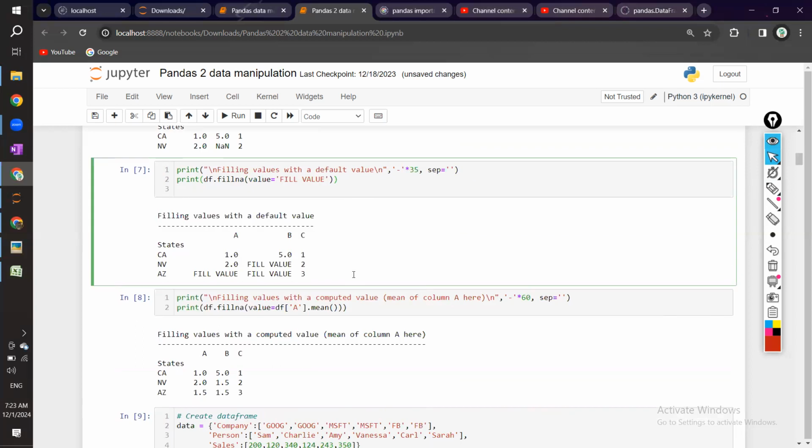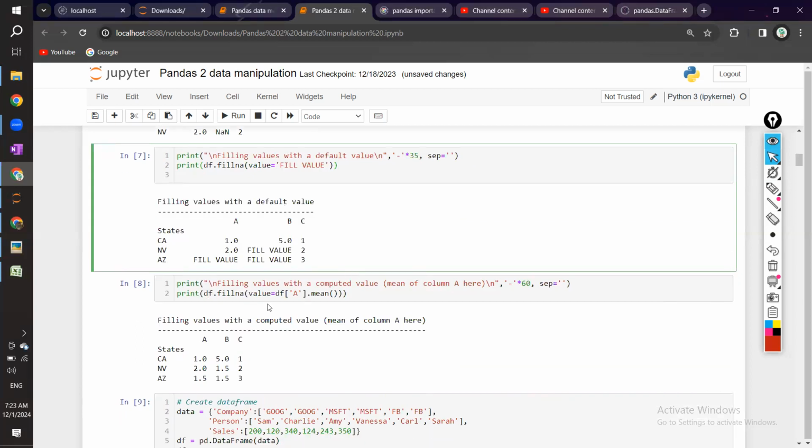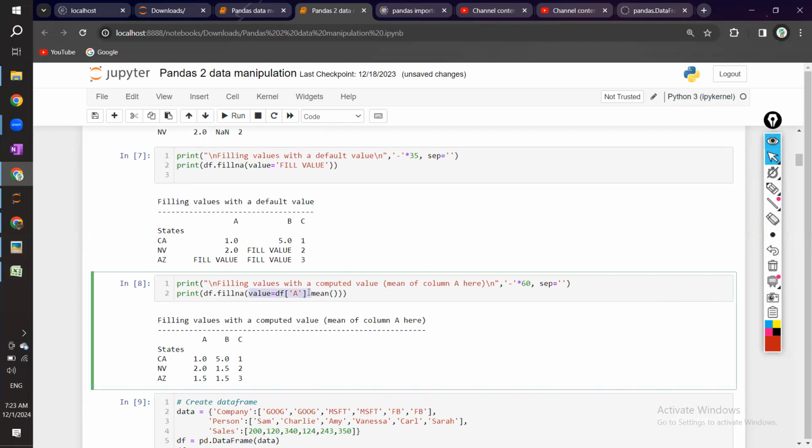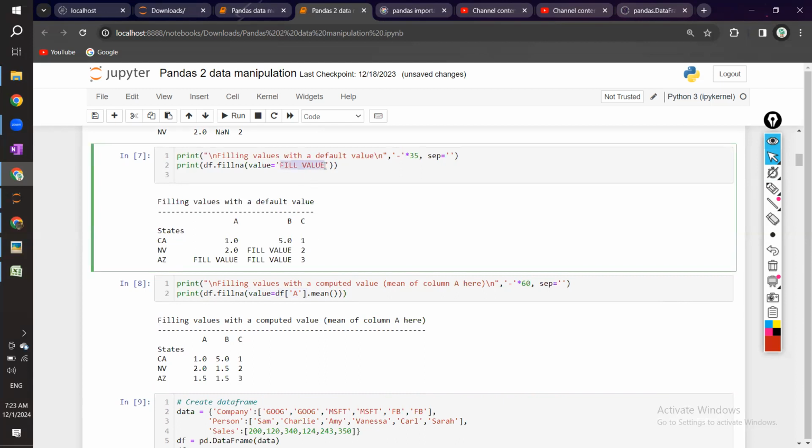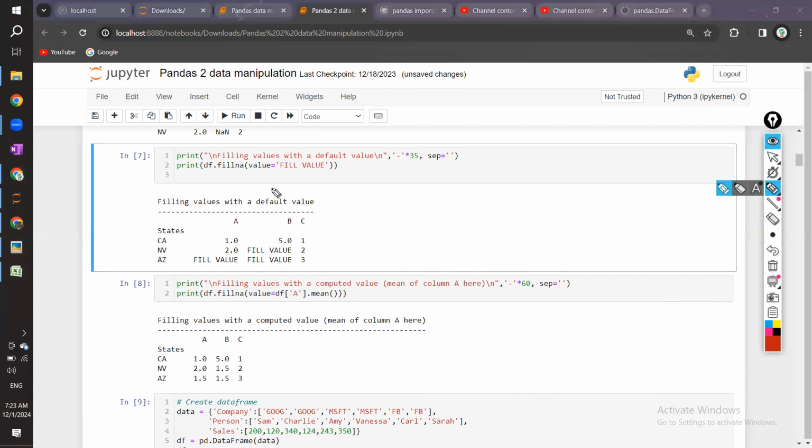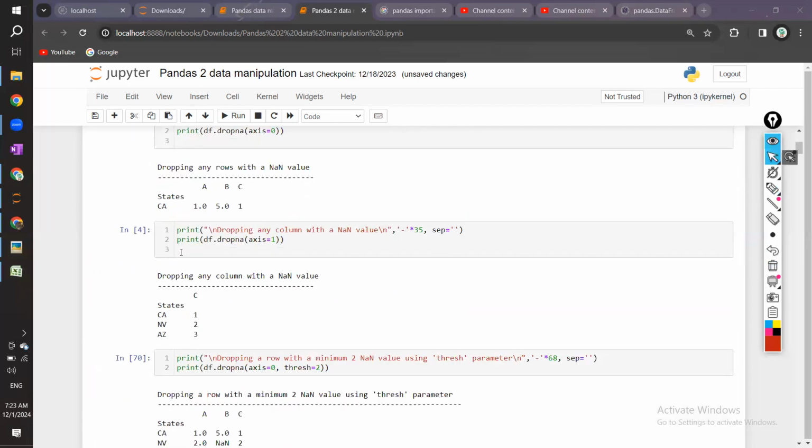After that, you see df.fillna with the value of df['a'].mean, filling values with a computed value. You are not filling with some random string. What value are you using? In place of value, you are saying df['a'].mean. Why? Because if you see here,